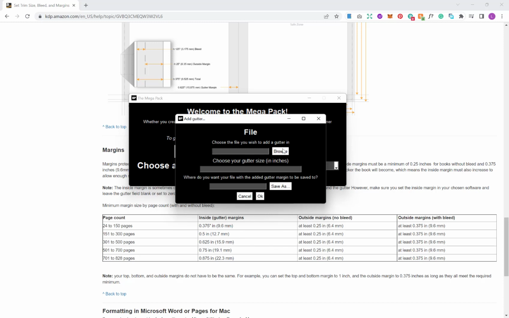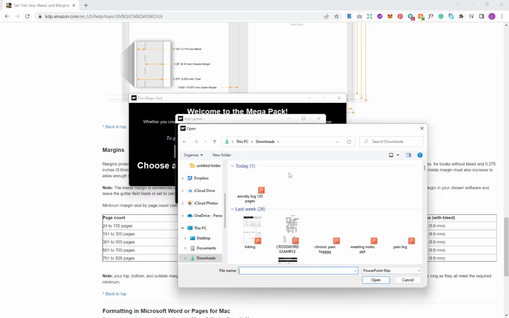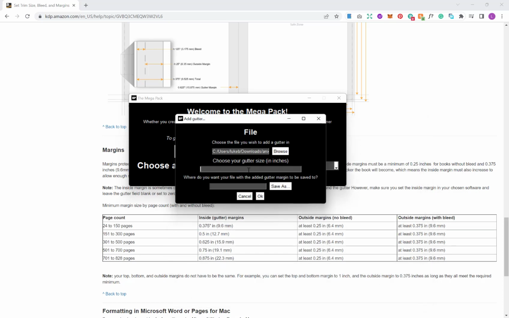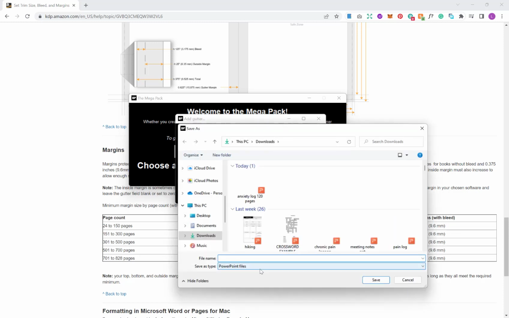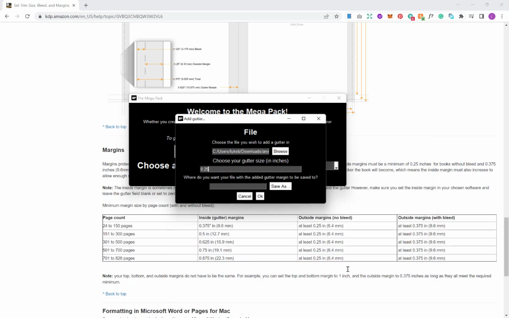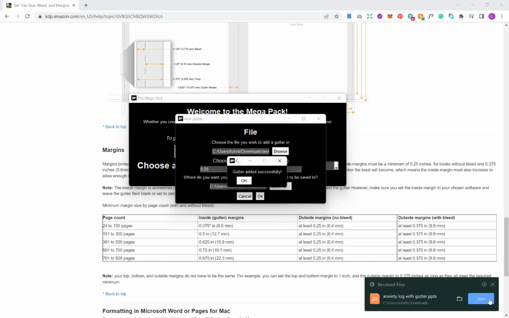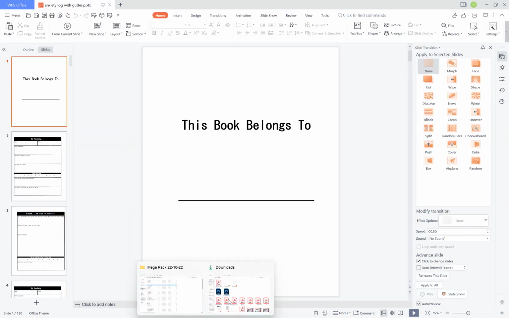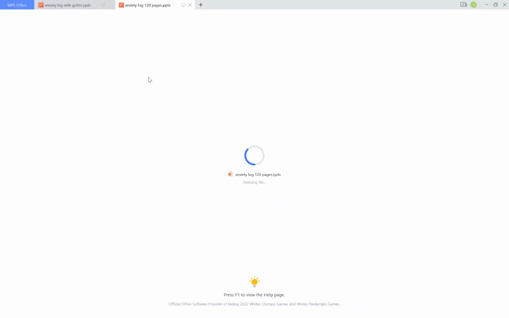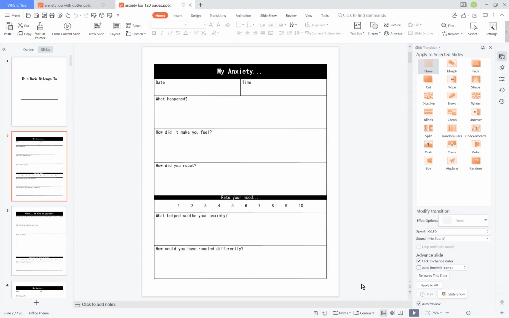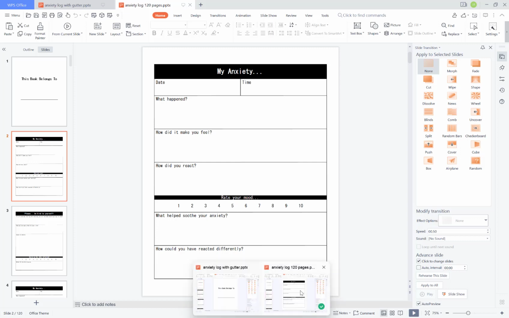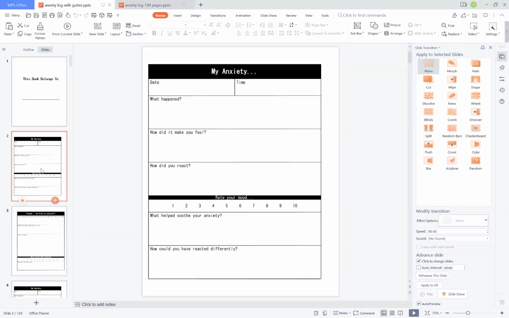So if I just show you this now, I've got a couple of files already. I've got my anxiety log here. This is a PowerPoint file. Click open, choose my gutter size in inches, and then I'm going to save this as anxiety log with gutter. Hit OK, and then I open that up, and also open up my original one here, and then I'm going to switch between the two. As you can see,